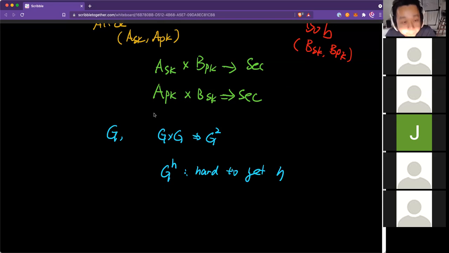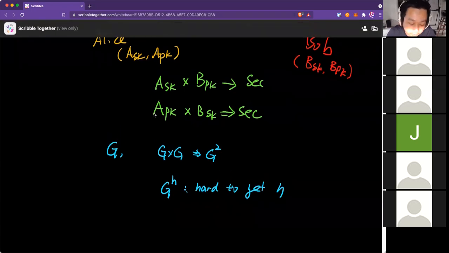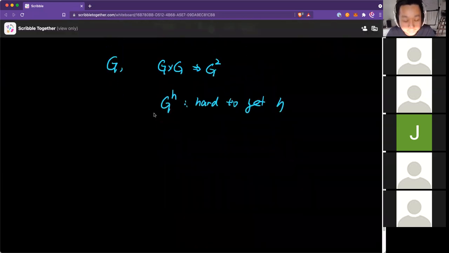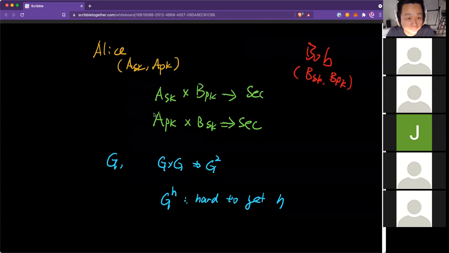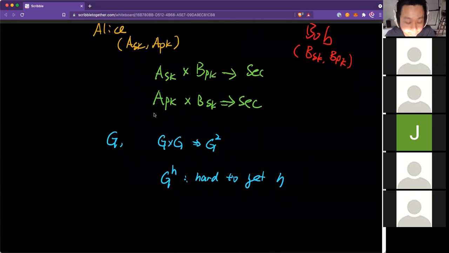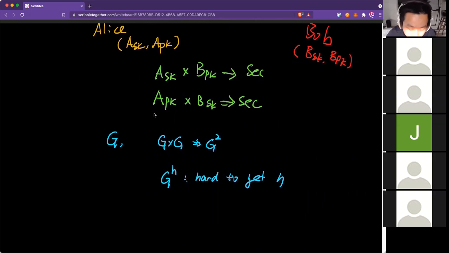So then how do we come up with a scheme? The key part is how we come up with a key sharing scheme. Actually, I would say it's trivial, so you probably already see. The key is how we generate the public key and secret key pair. So when we generate a key pair,